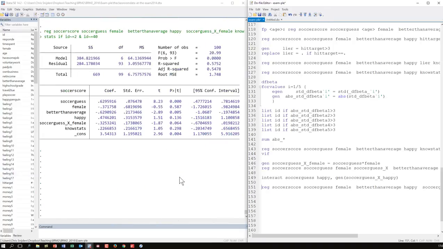What did we have again? Yeah, so here we have that interaction that was indeed close.